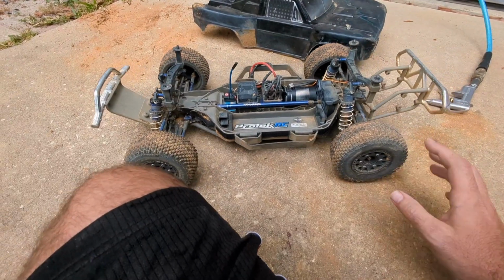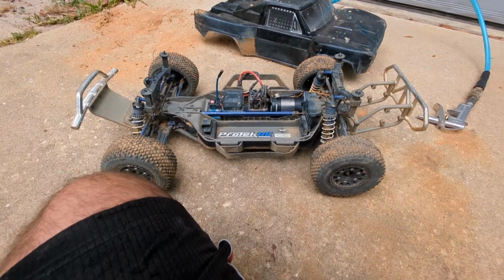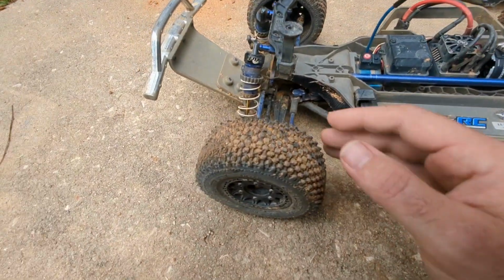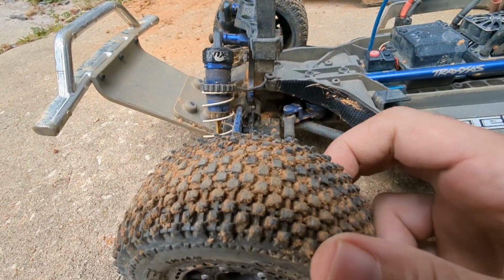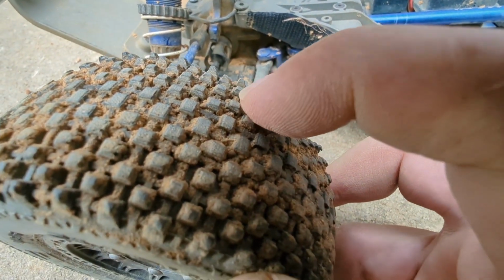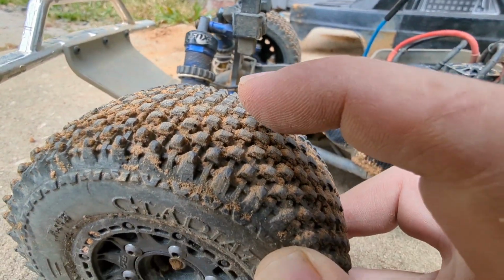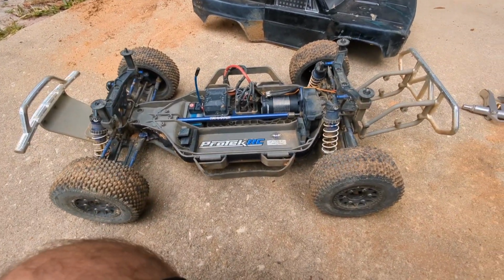So one thing I did learn is that, because my back end is just always trying to slide out there, I actually bought a fresh set of these that I throw on just for when I race. What that does is, you can't see it on these ones, but if you look real close here, all of my pins are flat because they're worn out. That's not good. You can look at this one, you can see there's a little tip on the top. Some of these have an extra little square, and that one you can see it's just a little bit there still. But when you buy these new, they're actually pretty tall, and they've got like a whole other tip on them. And I said, well, let me grab a set for the rear,